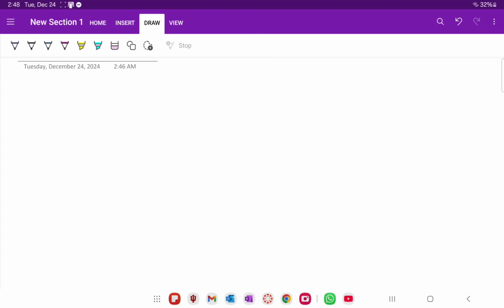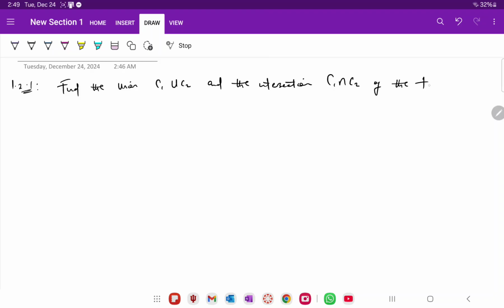Okay, so question number 1, that's 1.21. The textbook we are using is Introduction to Mathematical Statistics, 8th edition. Alright, so we have: find the union C1 union C2, and the intersection C1 intersection C2, of the two sets C1 and C2,